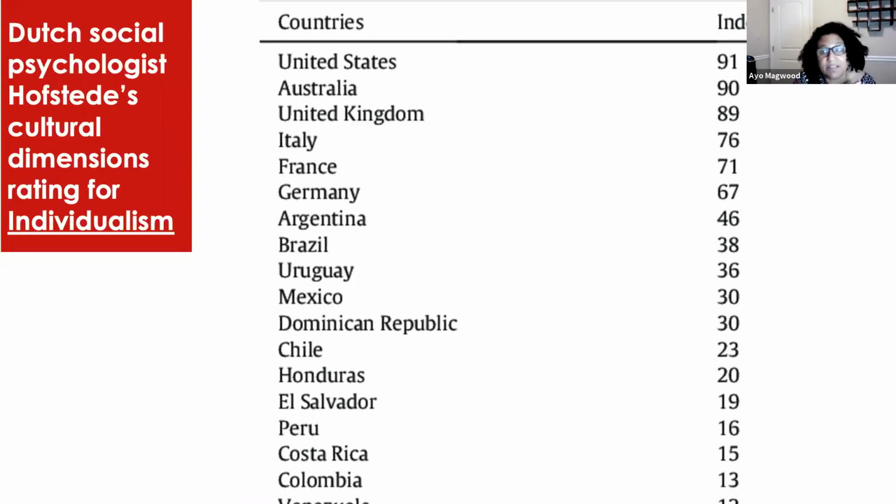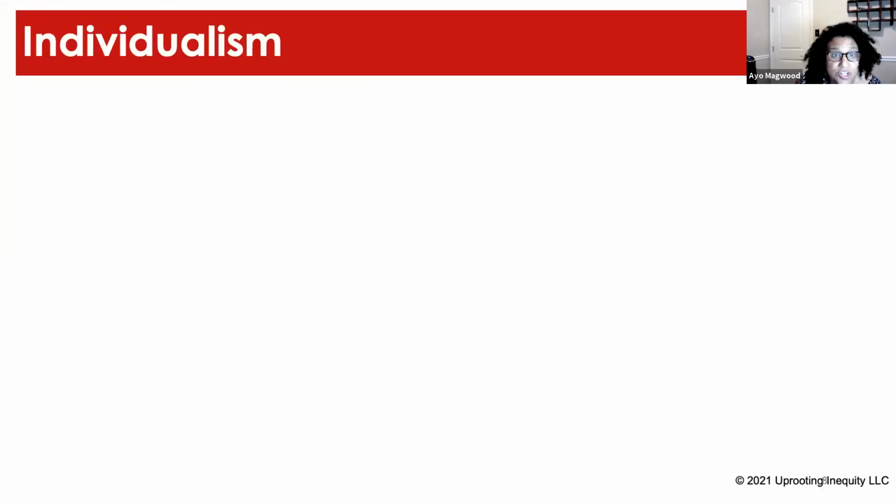So in just about any index you can find on individualism, here's just one. This is the Hofstede Cultural Dimensions. We always come out with the strongest levels of individualism out of any other country. We're really a statistical outlier at the world level with respect to individualism. It's a huge, very strong trait.